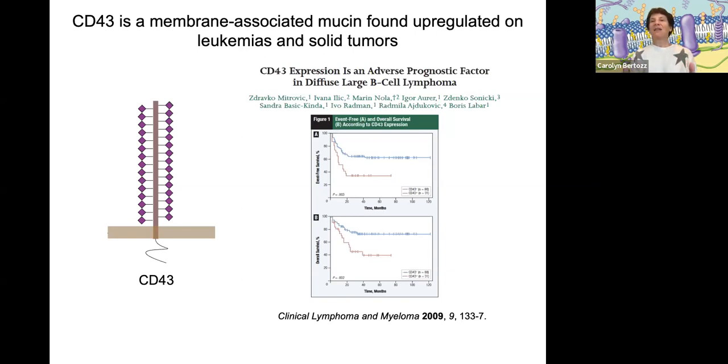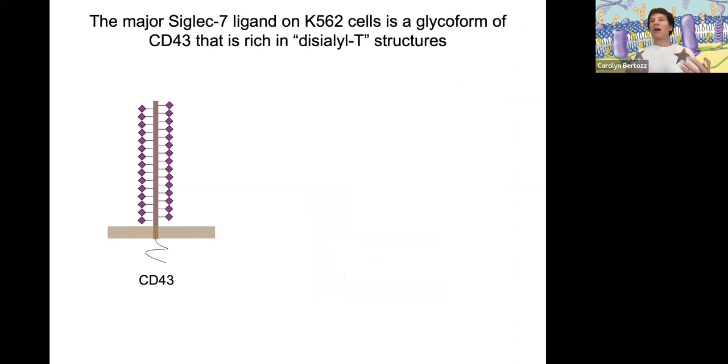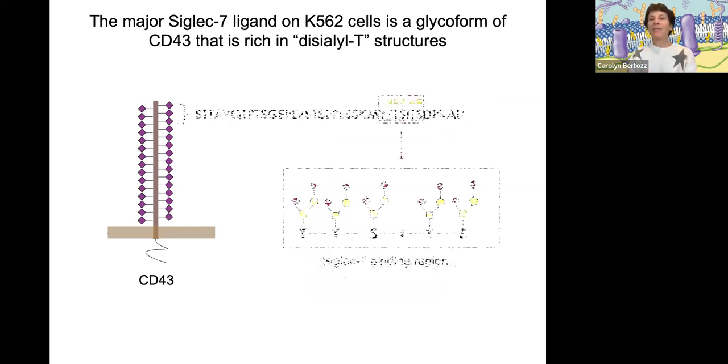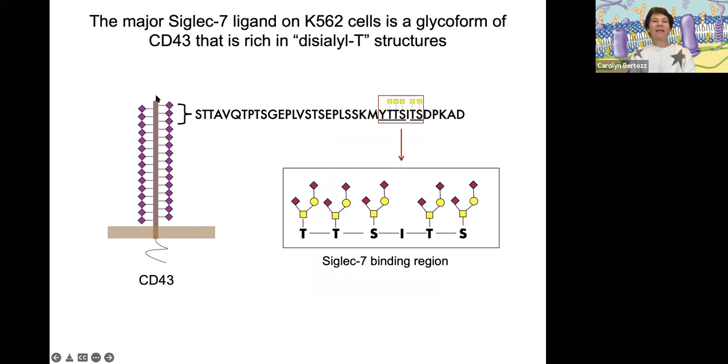And these kinds of studies populate the literature, but again, no one has really had a proposal as to why overexpression of CD43 might be promoting cancer progression. And so we did a deep dive on CD43's structure and glycosylation pattern on this cell type to understand why it was so important for CIGLEC-7 binding. And it turns out that Simon, basically, I won't go through the details because this is also all published work now,